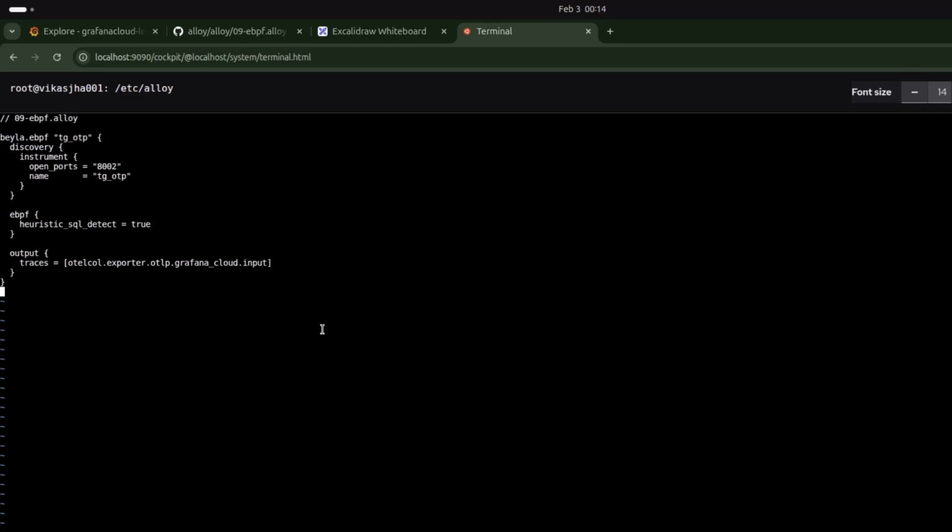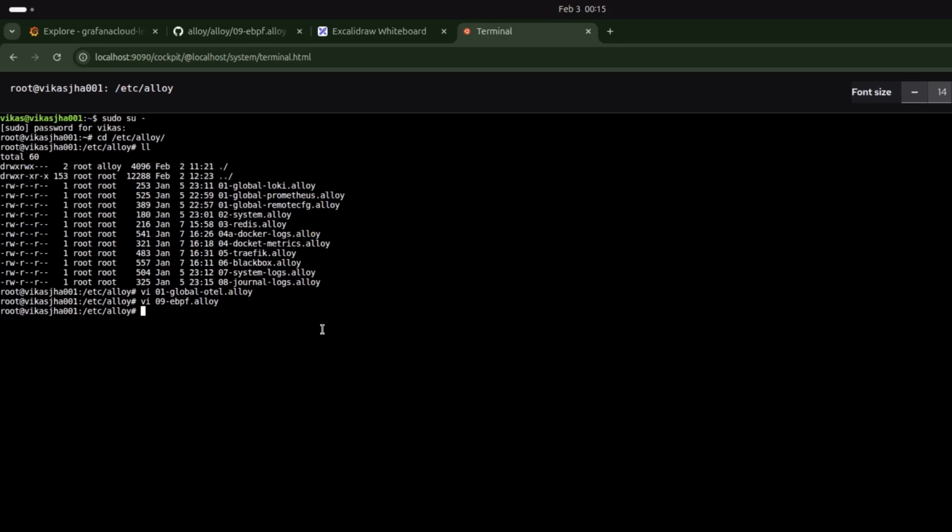I know that the application which I'm going to run listens on 3000. The front end listens on port 3000. The backend listens on port 8002. The application name is LiveFlow, so I'm going to give the label of LiveFlow as well. And we can also change the name here. I'm also going to call it LiveFlow. Okay, now let's save it, and then we also need to restart